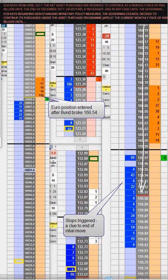This has clearly been the biggest single move that we've seen. That for me is often a pretty big clue that that could be the end of the move, particularly as we've now done over 110 ticks to the downside, which is larger than perhaps expected, or at least for the first part of the move. So this is a pretty good clue that you might want to start getting out of position down here, covering